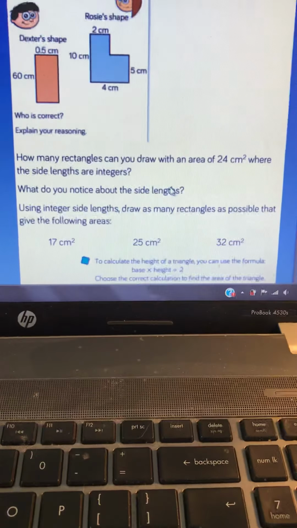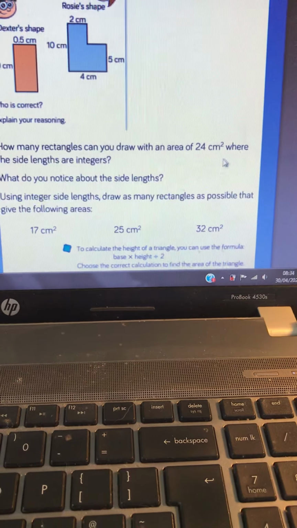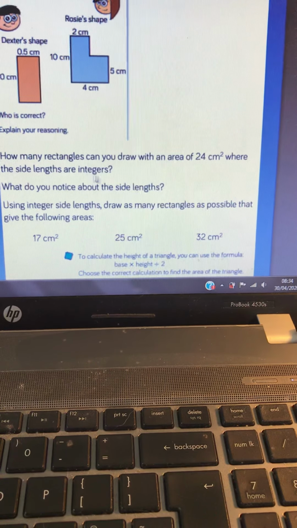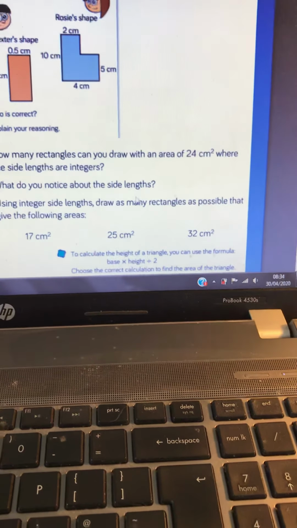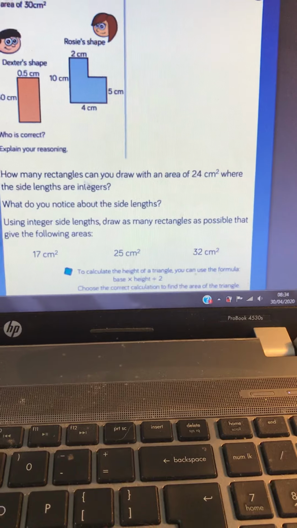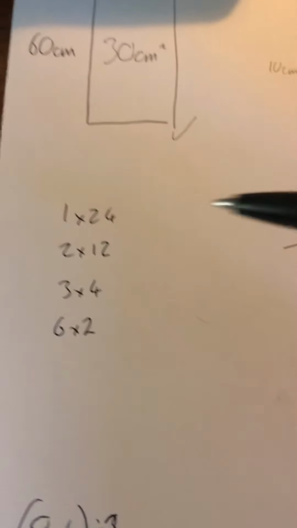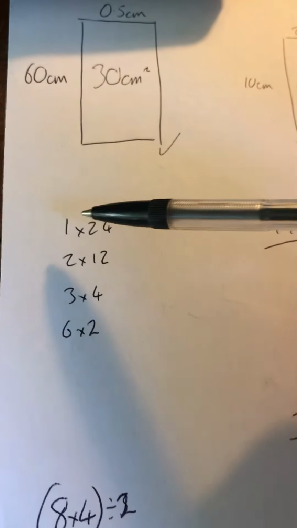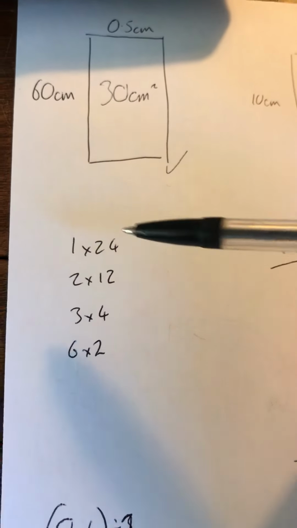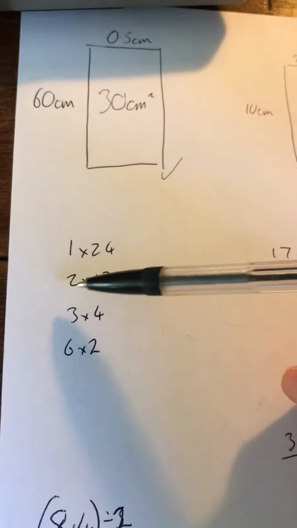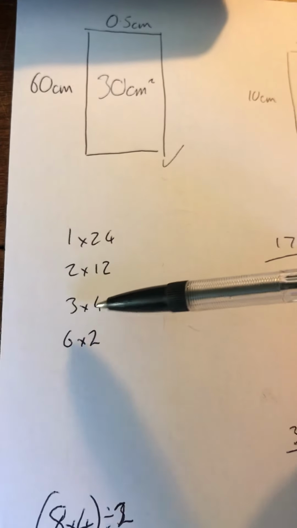Next up, we've got to draw rectangles with an area of 24 centimetres squared where the side lengths are integers. And what do we notice about those side lengths? So integers are whole numbers, so I can't go into decimals here. What I notice is they're the factors of 24. So I could do a rectangle that's 1 centimetre by 24 centimetres, 2 centimetres by 12, 3 by 4, or